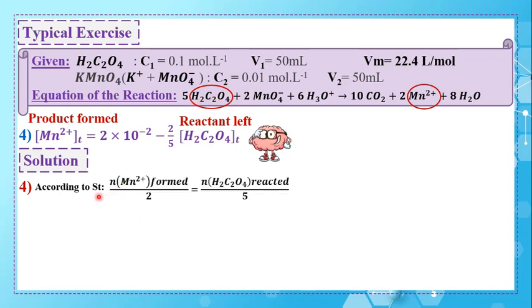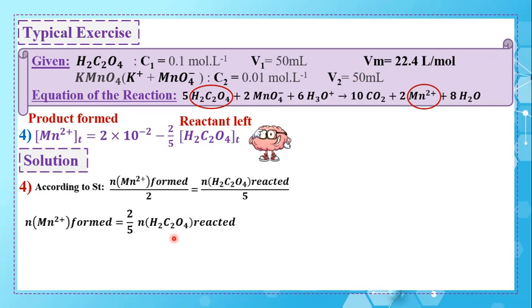So I repeat, according to stoichiometry, the number of mole of Mn2 plus formed over 2 is equal to the number of mole of H2C2O4 reacted over 5. But here I wanted in function of the reactant left and not reacted. Pay attention how we are going to replace it. But before, let's write here N of Mn2 plus formed alone. So the 2 will be here next to the number of mole of H2C2O4. So the number of mole of Mn2 plus formed will be equal to 2 over 5, the number of mole